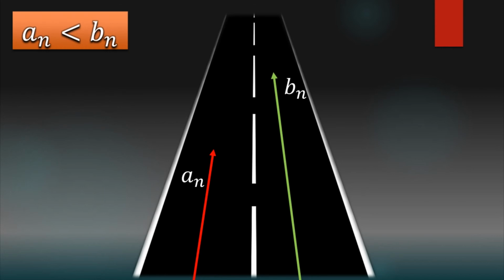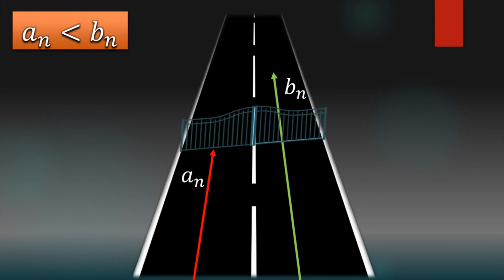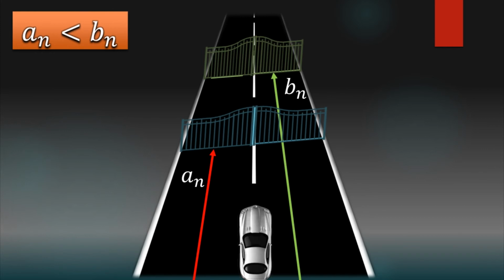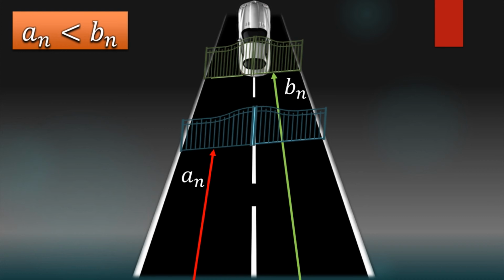Okay, so think of a road, and an and bn are two paths on that road, where an is smaller than bn as we have in the comparison test. Now each of these paths an and bn have a gate at its end. Now we call the blue gate as gate an and the green gate as gate bn. Now a car is coming on that road, and if the car reaches the end of the road,